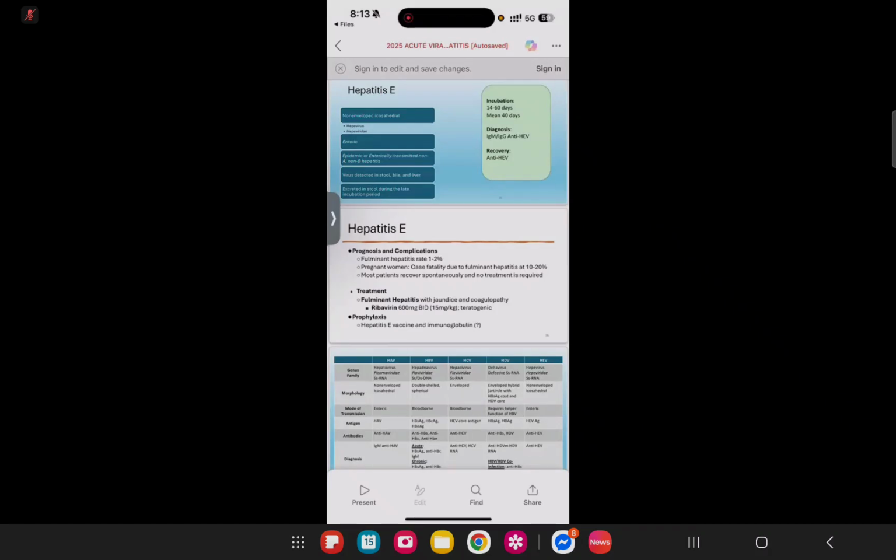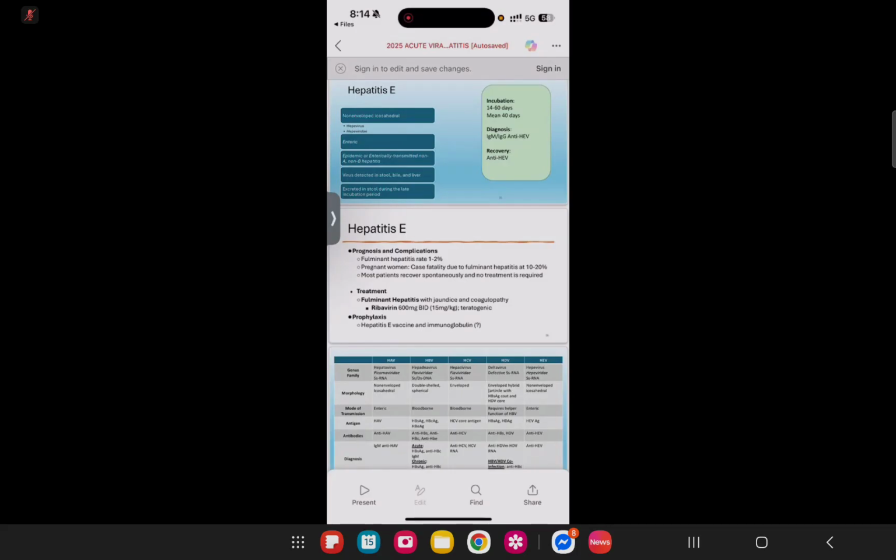In patients that are immunocompromised, individuals, they need PCR testing for the detection of Hep E RNA, since antibody response may be weak or absent. Meaning to say, in an immunocompromised HIV patient, you may not expect the development of the IgM or IgG because the immune system is weak. Rather, you get PCR testing for the Hep E RNA. In endemic areas, hepatitis E should be suspected in any case of acute hepatitis with recent travel or exposure to contaminated water.